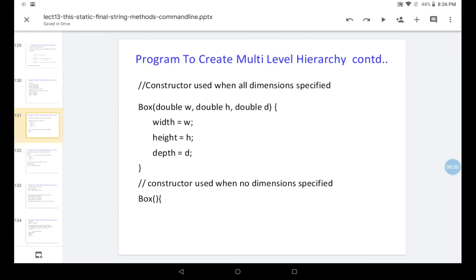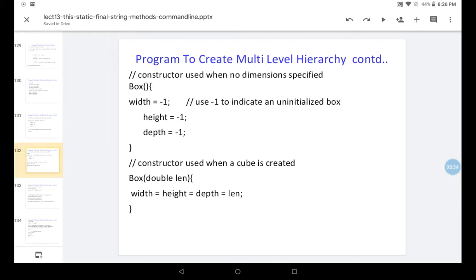Also there is one default constructor Box. What will it do? It will do nothing, actually. Width is equal to -1, height is equal to -1, depth is equal to -1, meaning -1 indicates an uninitialized box. It is not initialized.